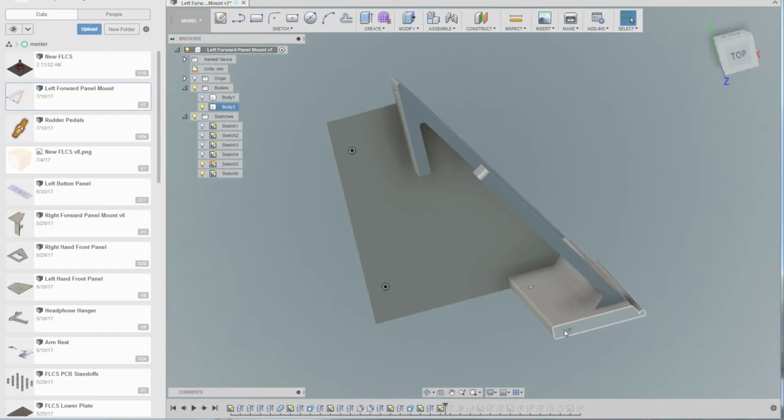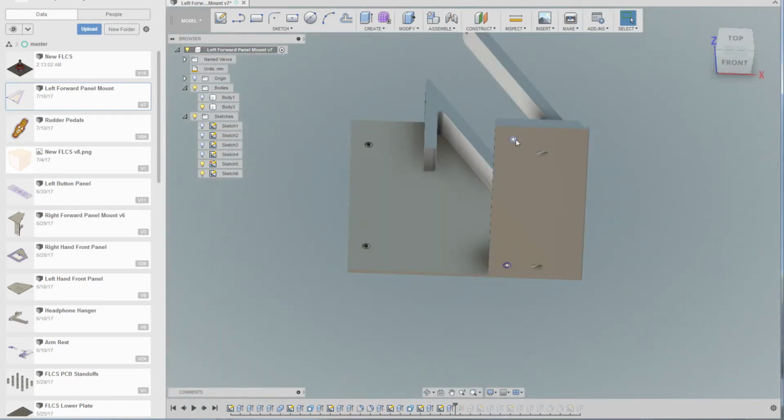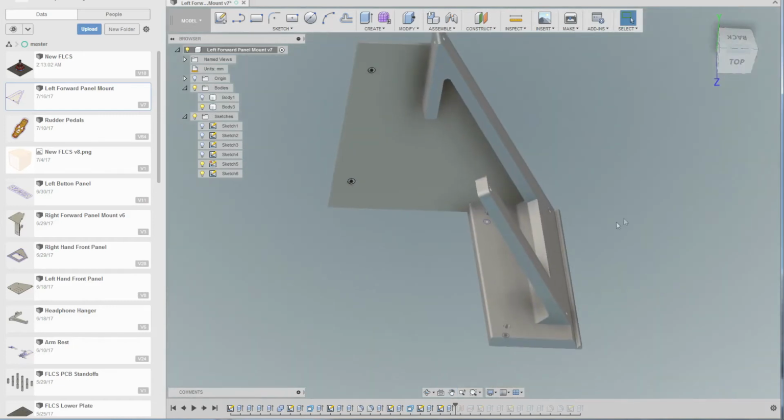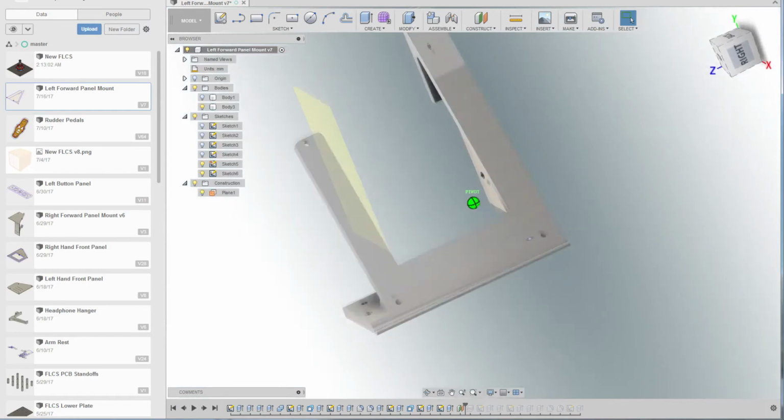Then we've got a couple of holes, if you see this sketch on the bottom here. Extrude those holes there, which will mount onto the frame on the kind of side pod. And then we used an offset plane here. Now this is where we get to the bit where we're printing. Now this,